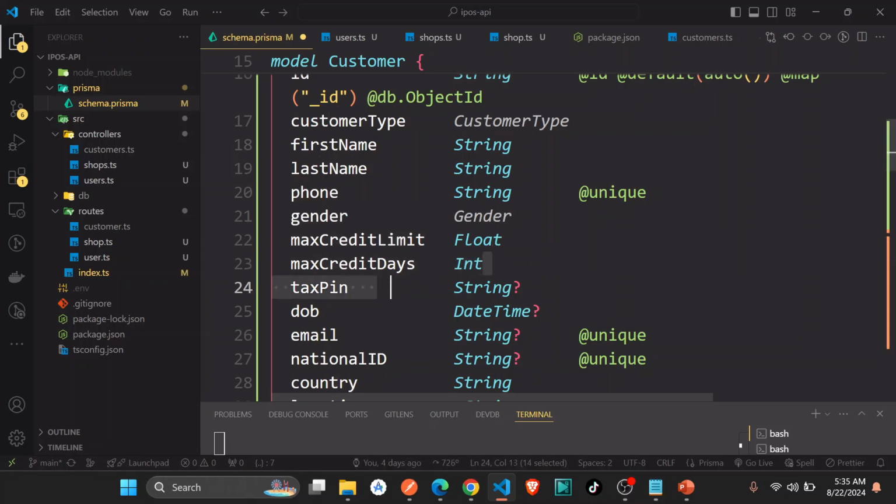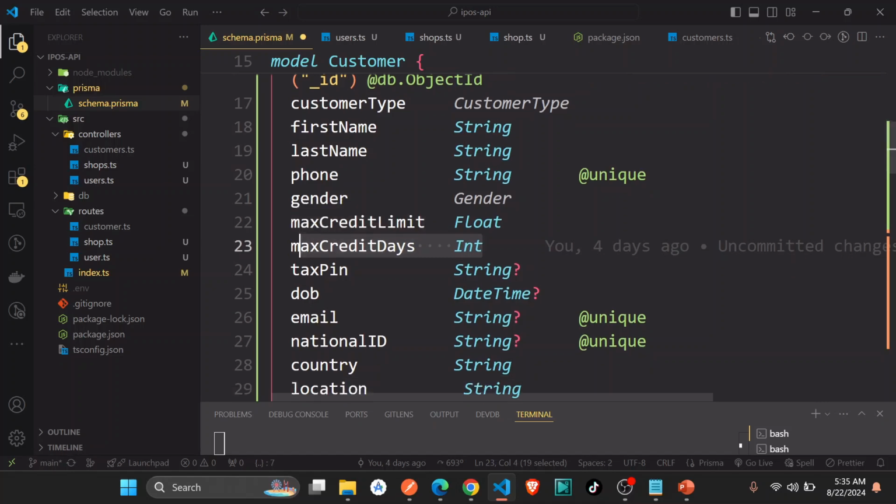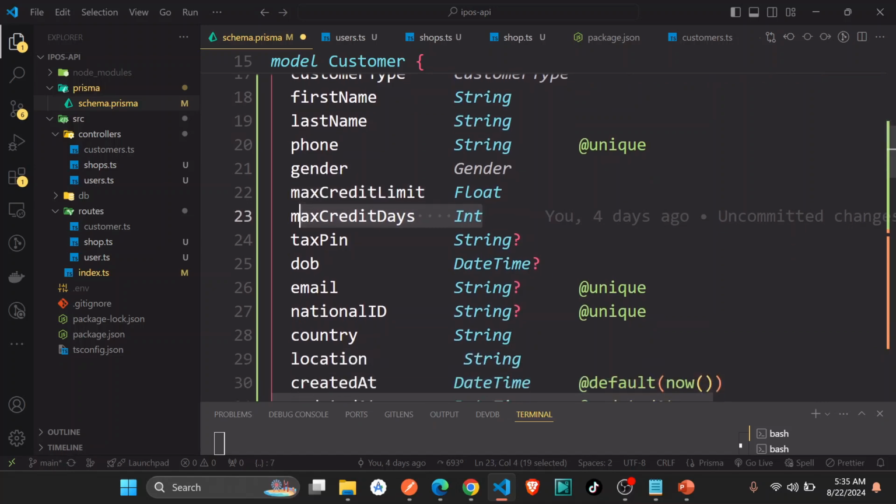And also has this max credit days. How many days is he supposed to pay back this credit? So the day they take credit, you start counting the days, and then you can also have reminders set based on this. Okay, and then we have tax pin, date of birth, email, which should also be unique, national ID,